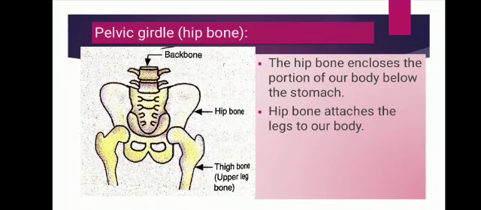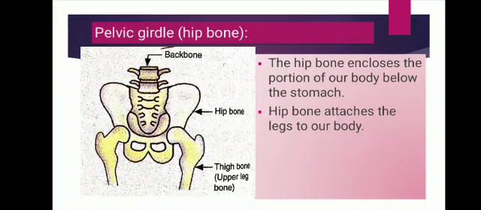Next is the hip bone or pelvic girdle. The hip bone forms a large basin shaped frame at the lower end of the backbone. The hip bone is also known as the pelvic bone or pelvis, and it is not a single bone. It is made up of a number of bones fused together by fixed joints. It is also the part of the skeleton we sit on.